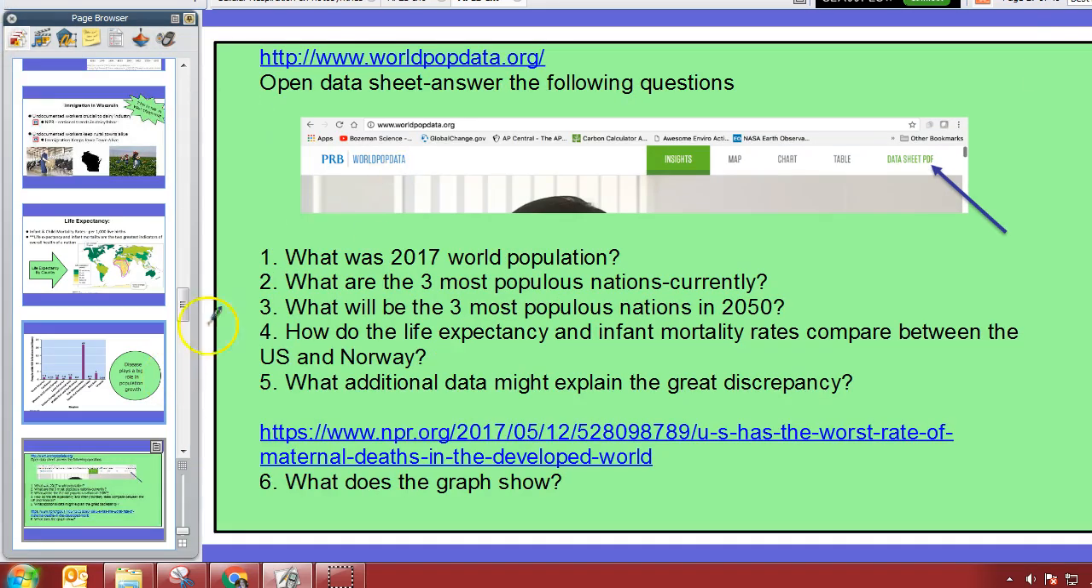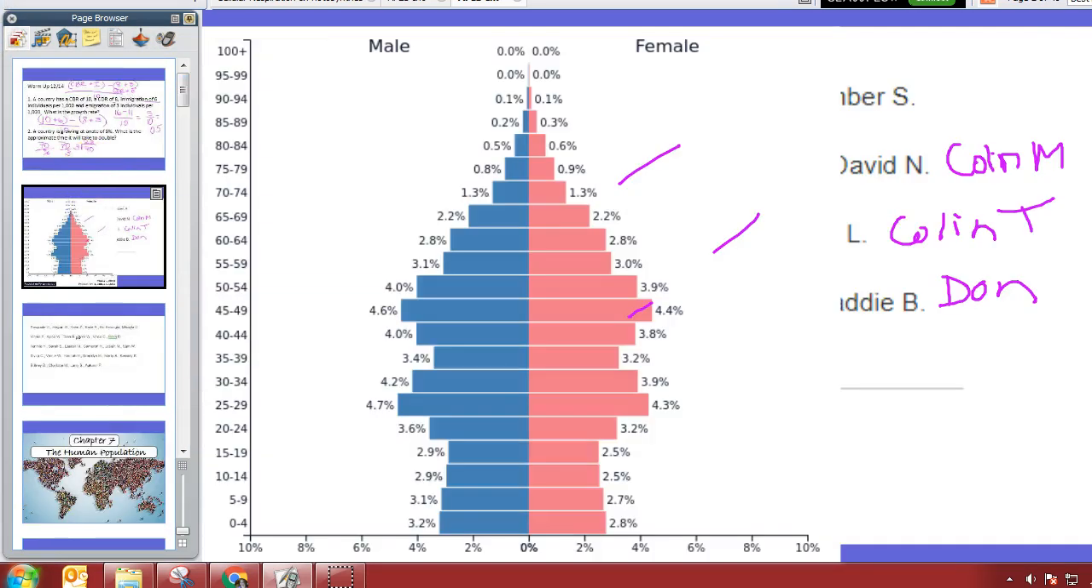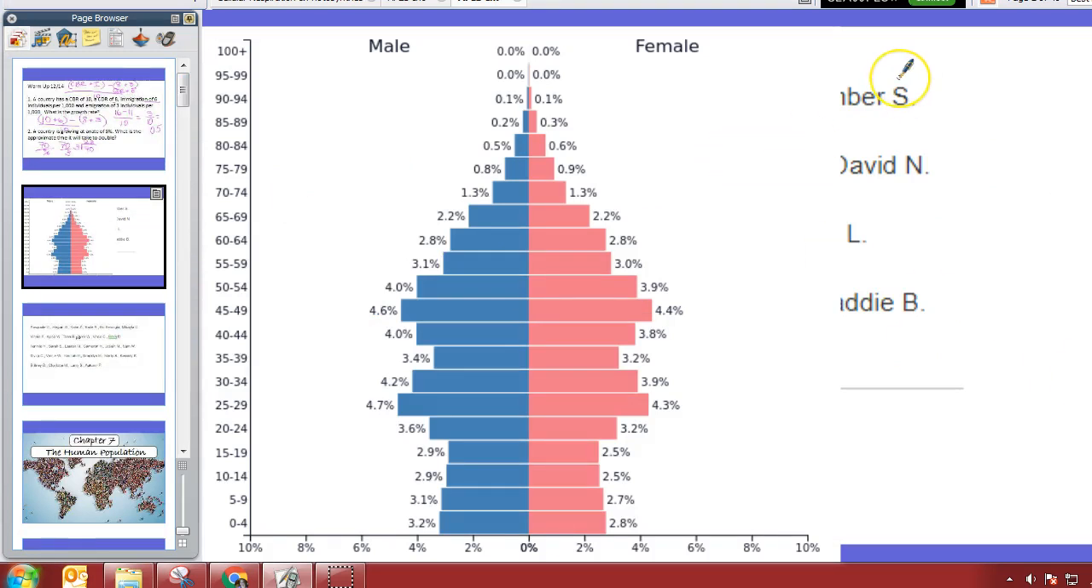individuals or the percentage of individuals at each age group. So here's a population pyramid example, right? So they can be different shapes. Some of them are more rectangle, some of them are more pyramid shaped. But they tell us the